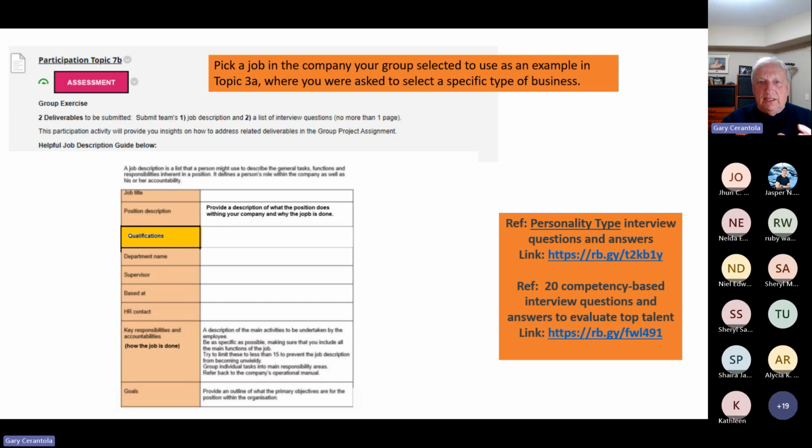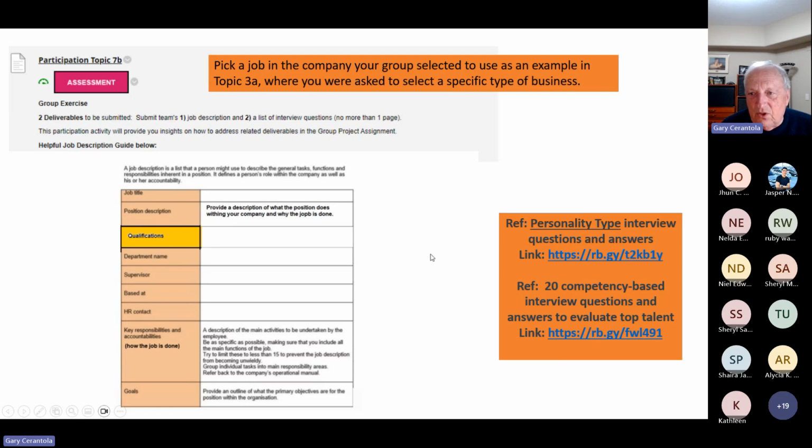Then take a look at the second part, where now you've created this job description, and I put this template in that you can use. So you put it in tabular form. This is just an illustration, so just recreate this illustration, and then you can go through the key points of what to do in terms of how you create a job description.